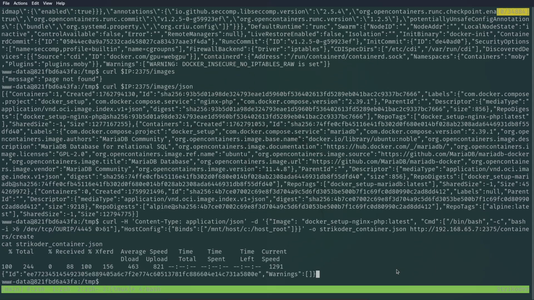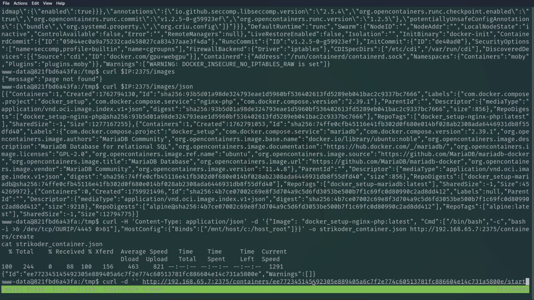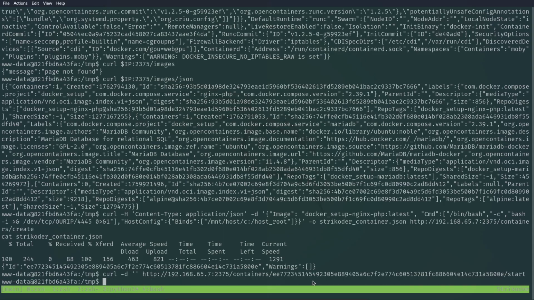And this is the image ID. I'm going to take it, then curling with the nothing in here, HTTP. Actually, let me copy paste that again. It's faster. So we have the containers, the ID that we had, then start,